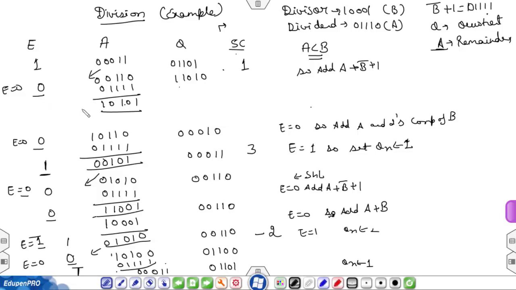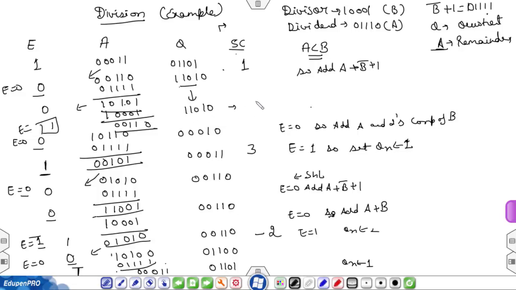After this operation, E is equal to 0, so add B to A. So the value will become, here E equals 1 and A is equal to 00110, and Q will become 11010.